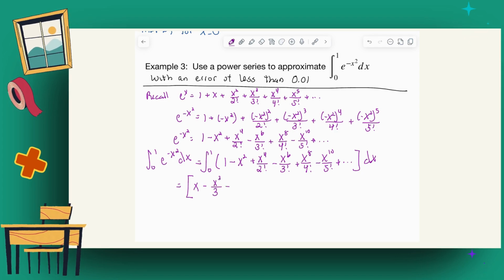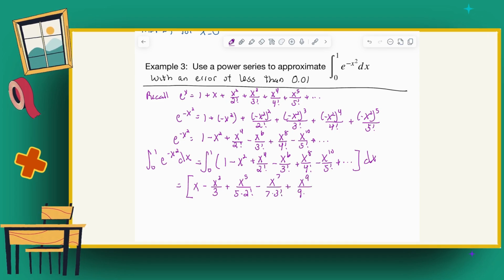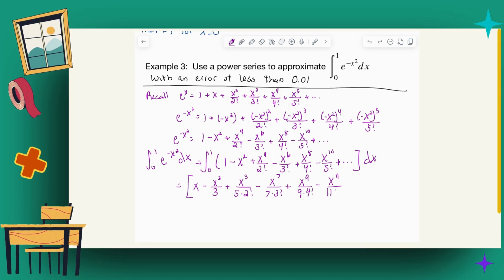3rd over 3 plus x to the 5th over 5 times 2 factorial minus x to the 7th over 7 times 3 factorial plus x to the 9th over 9 times 4 factorial minus x to the 11th over 11 times 5 factorial. And that pattern will continue. And now let's evaluate this from 0 to 1. So I'm going to replace every x with 1